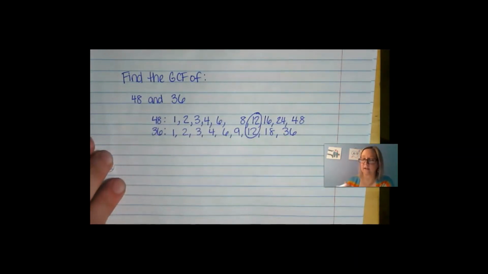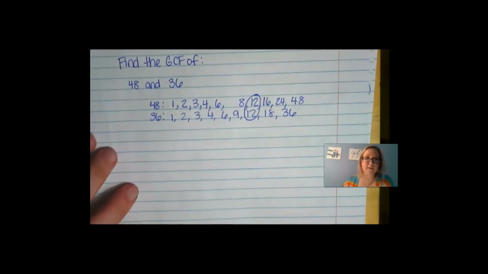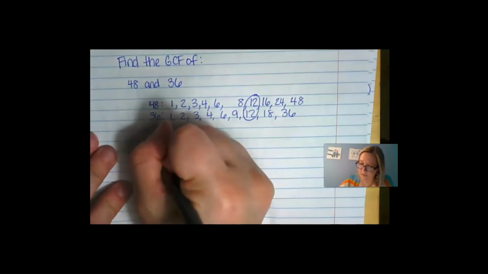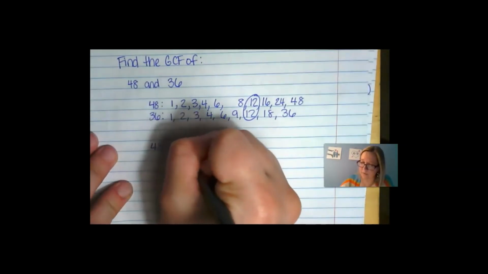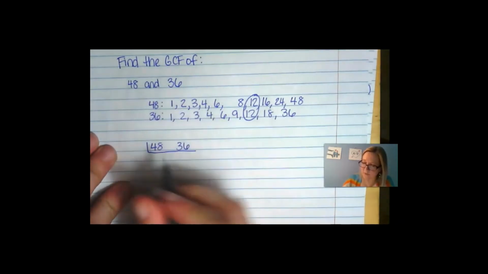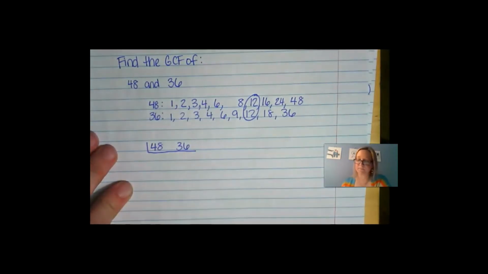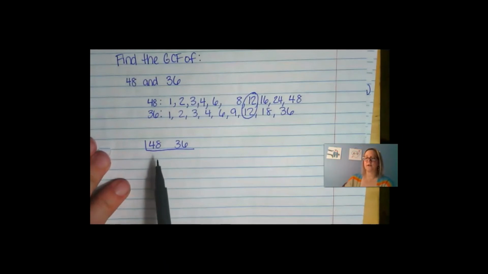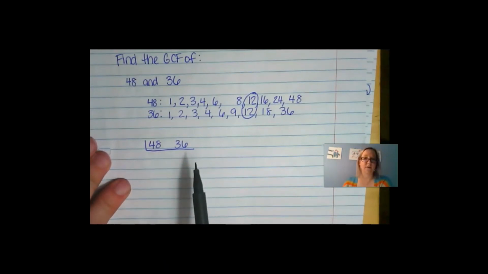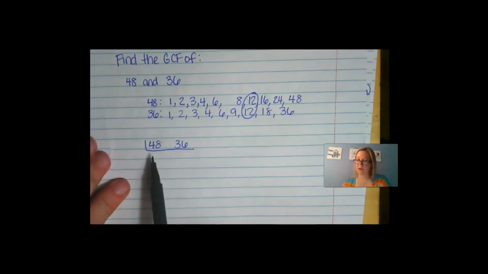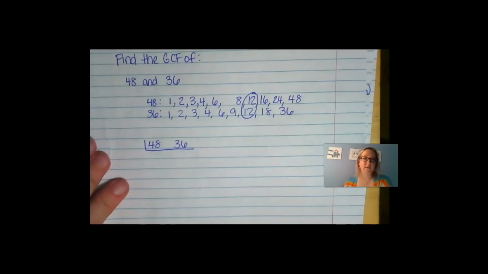Now we're going to look at how easy it is to use the SLED method on these same exact numbers. So if I use the SLED method to find the GCF of 48 and 36, I'm going to write both of those numbers, put them on the SLED, which again is like an upside down division sign. Alright, think of a number that can go into 48 and 36. And it does not matter which number you start with. I know that they're both divisible by 2 because they're even. I know they're divisible by 6. I'm just going to use 6